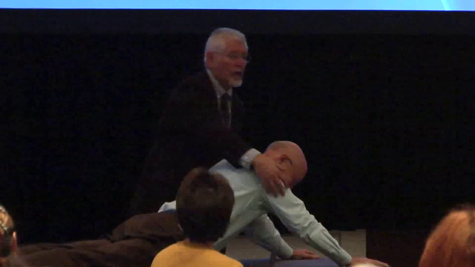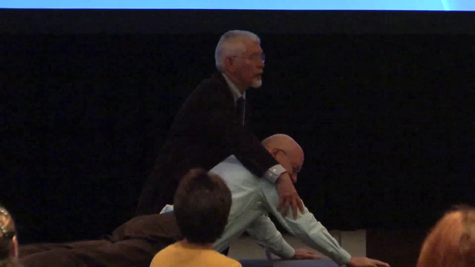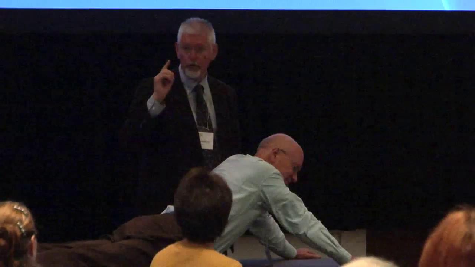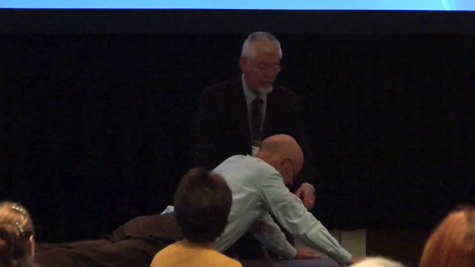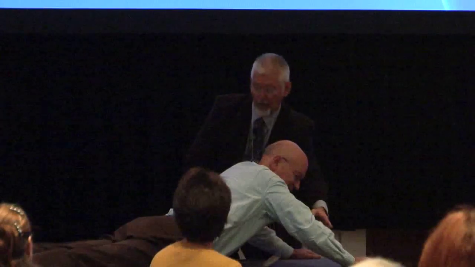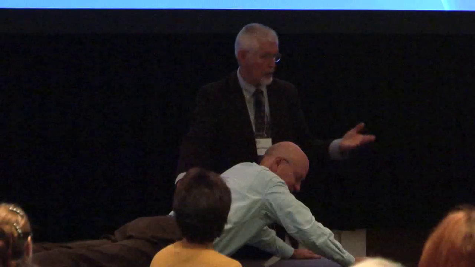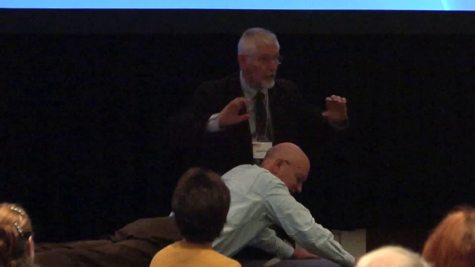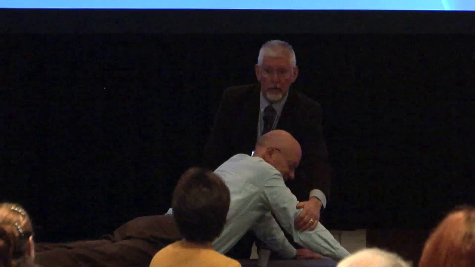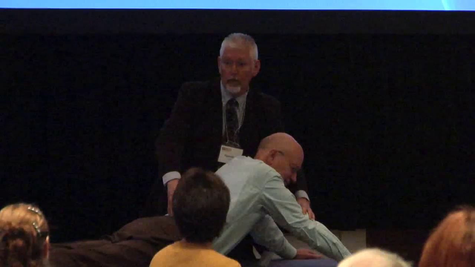Perfect. Now, I've got to get him to a point where his elbows lock. That's the first and most important thing. If his elbows are bent, so just bend down slightly, all right, he cannot relax his back. You can try this yourself. You can't do it. If your arms are bent, you're using your muscles. So once I lock his elbows, then his back can relax.